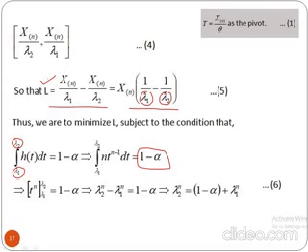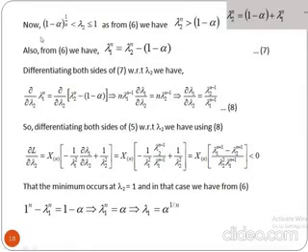We integrate this. This is a definite integral with limits lambda 1 and lambda 2, and after some steps we reach equation number 6. Now this equation number 6 indicates that lambda 2 to the power n is greater than 1 minus alpha, because 1 minus alpha plus lambda 1 to the power n is equal to lambda 2 to the power n. So lambda 2 is greater than (1 minus alpha) whole to the power 1 by n.